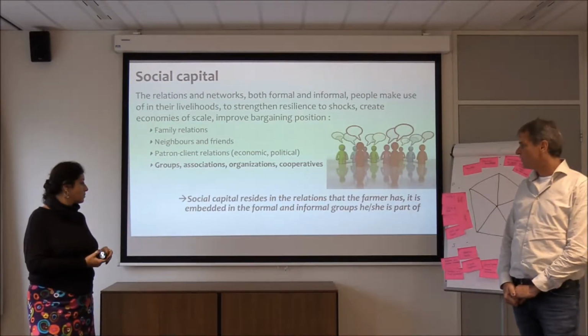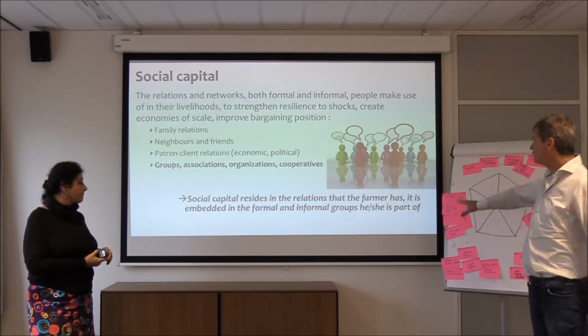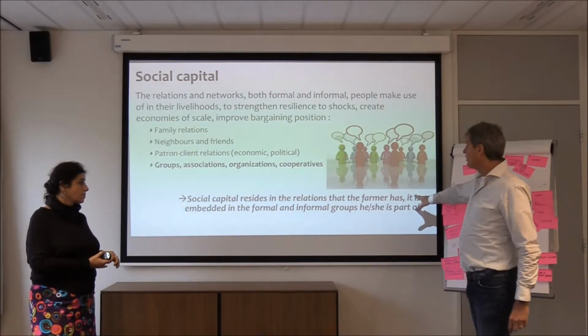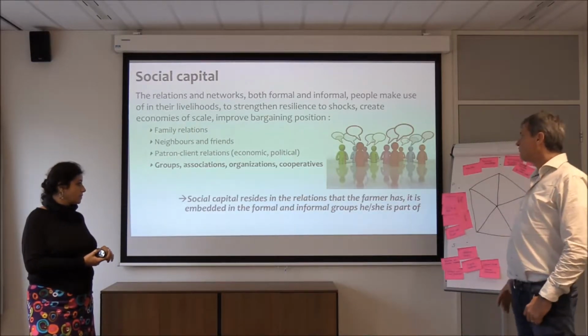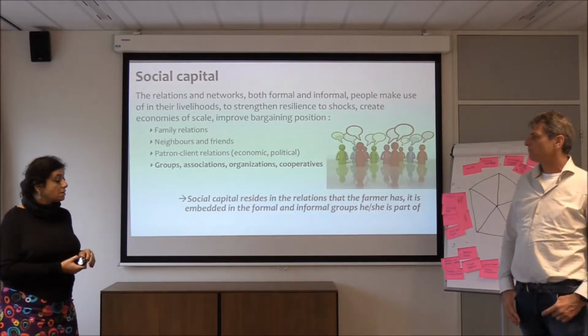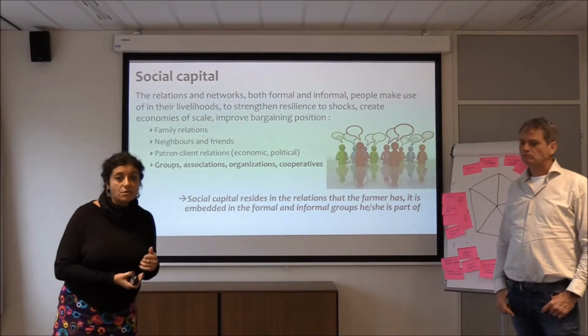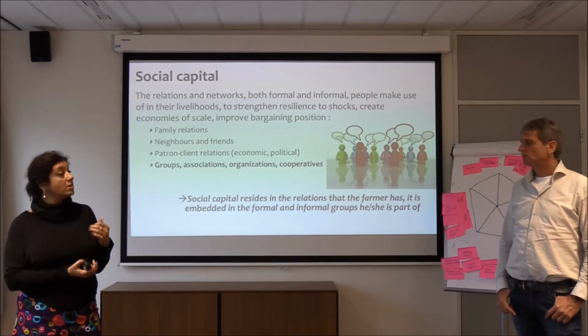Farmers can work together in farmers associations, cooperatives, and those kind of things. So important to remember is that social capital is in the relations that the farmer has, and it's embedded in the formal and informal groups he or she is part of. And understanding how the farmers are connected with each other in different groups can also help to understand better the